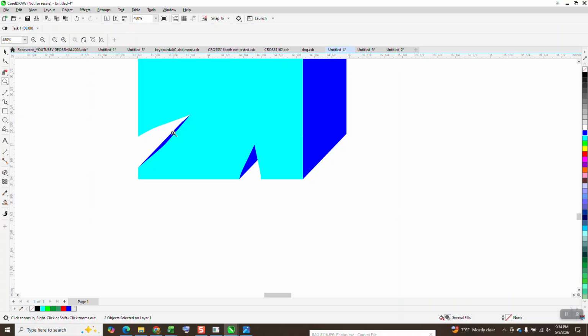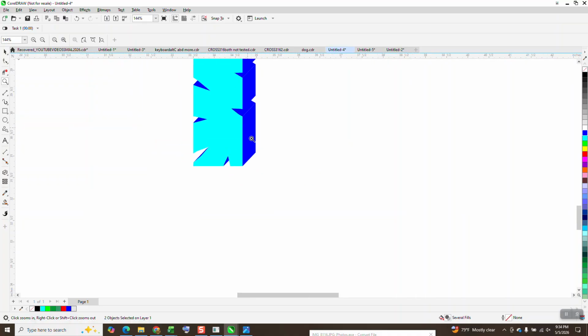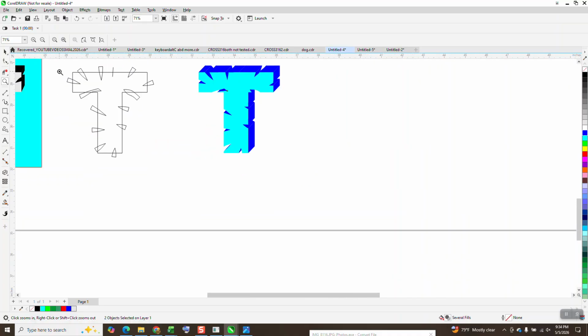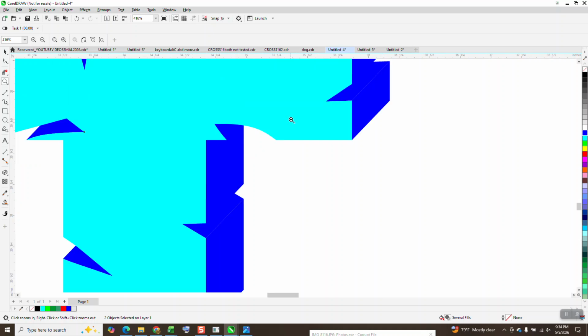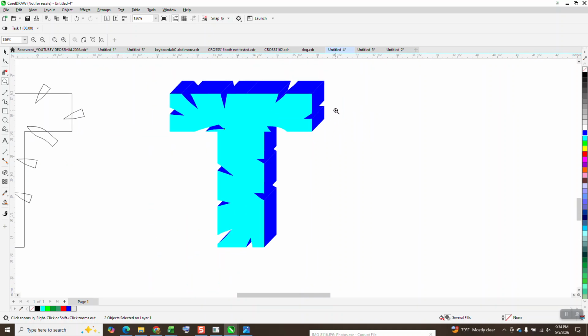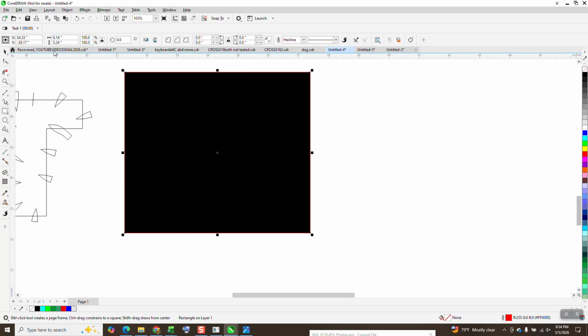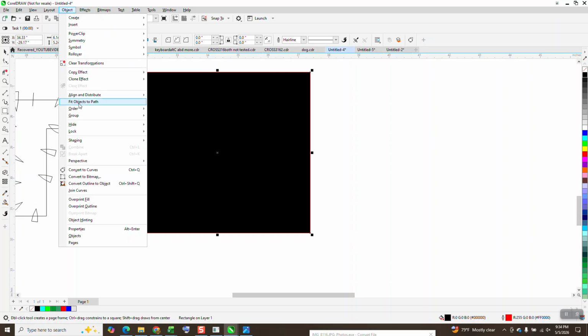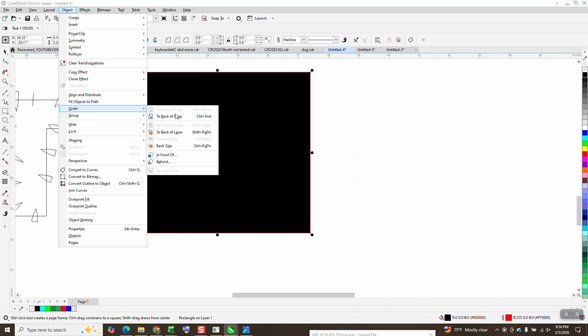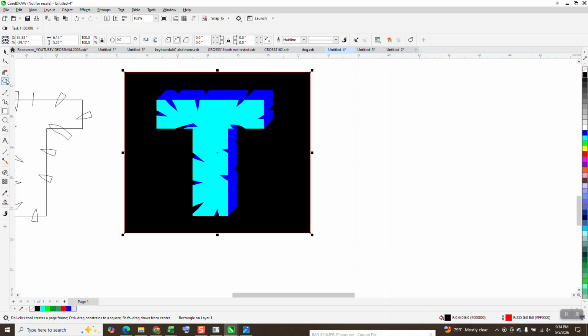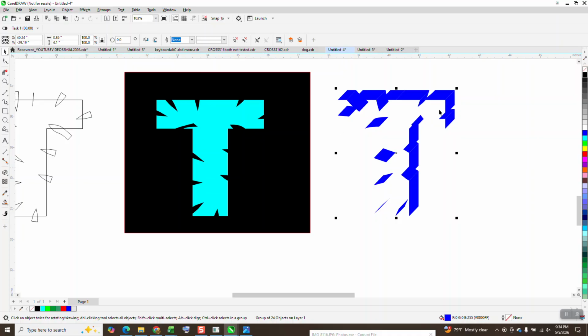But see, like down here where you shouldn't be able to see it, and it's pretty well defined, the ones you should see and ones you like, how this is changed. And if you put it, let's put it on a black background, go Object, Order, back a page, it really kind of shows off. And maybe even take your extrude group